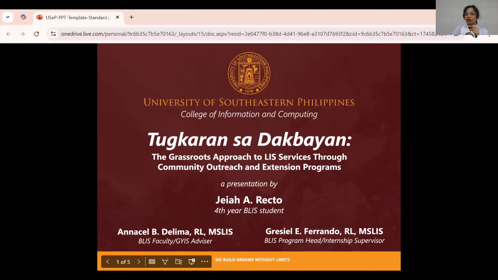It takes a village to raise a child, according to a proverb, and it takes an entire community to foster growth, and this is achieved through a grassroots approach. As far as theory is concerned, it goes back to the fifth law of library science, which is that the library is a growing organism.